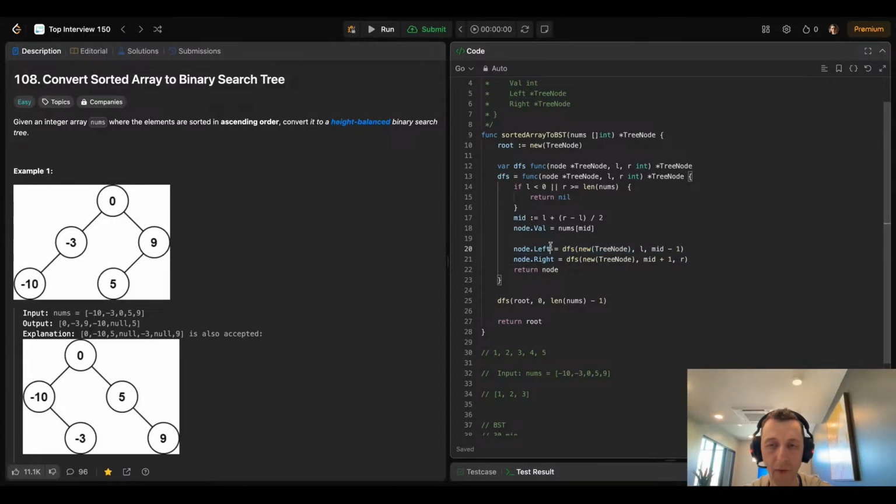Then we go to the depth. Make another call where we say, okay, now it's left side excluding the mid itself. So now it's only these two, only these two, which will be 1 and 2. So it will be 1 by 2 is 0. So it will be like